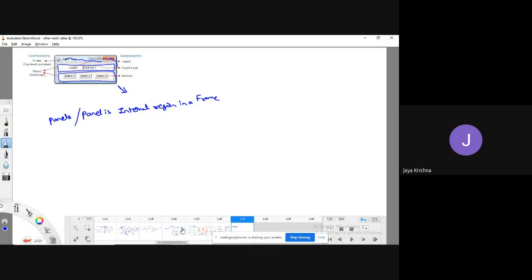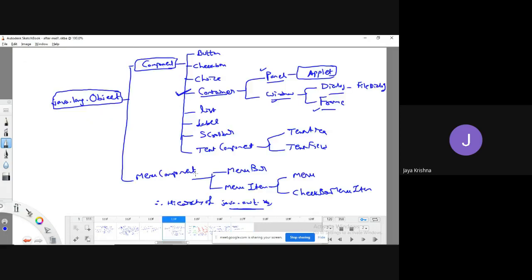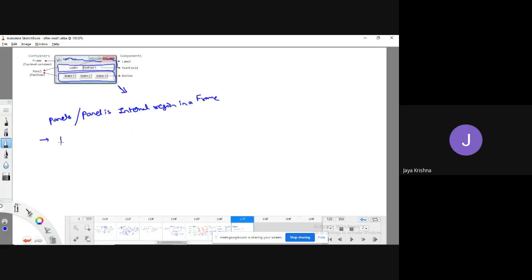And one more important point, if you observe the hierarchy, panel is a subclass of which class? Container class. Frame is a subclass of which class? Window class.